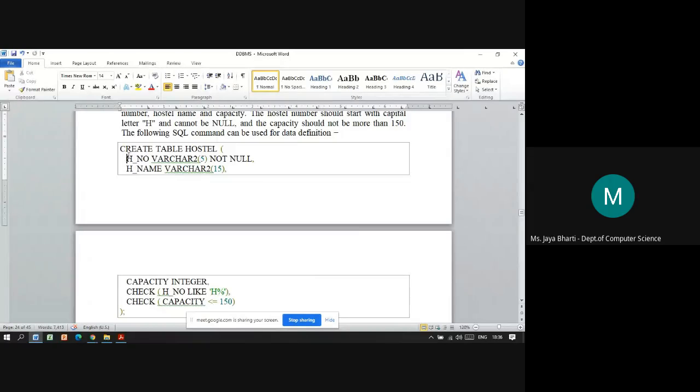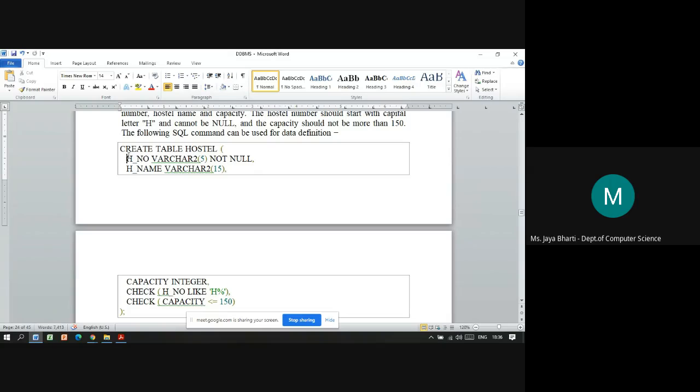Whenever possible, I will explain, but I also want you to please go through the basic commands in SQL and PLSQL from your side. If you have any query, you can ask meanwhile during the lecture, whenever I am explaining.